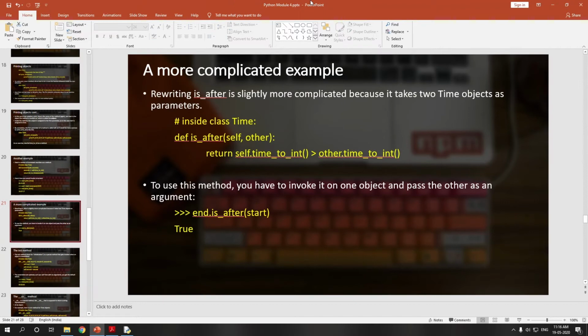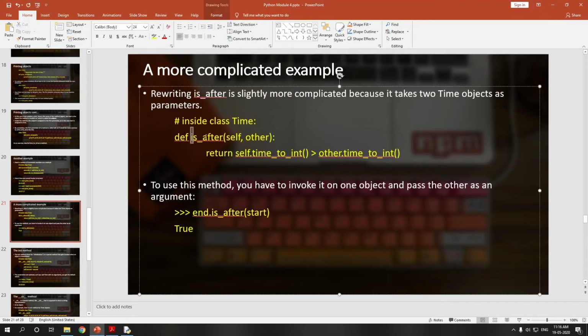Okay, coming to the next slide, a more complicated example. In the previous chapter we have seen a function called isAfter, which takes two parameters, and both are time objects.